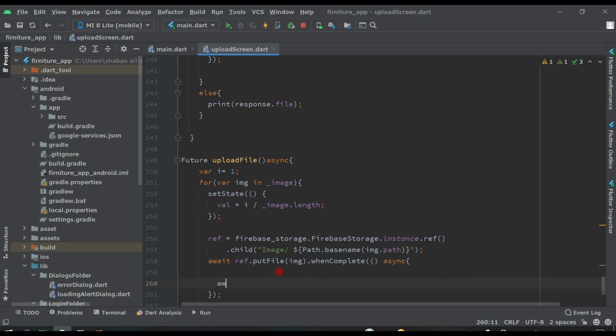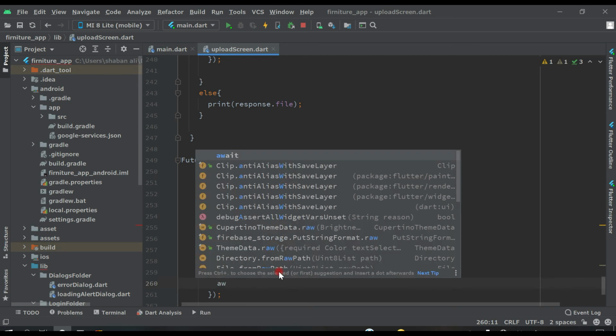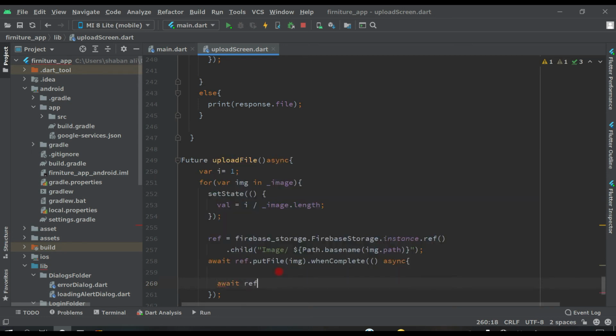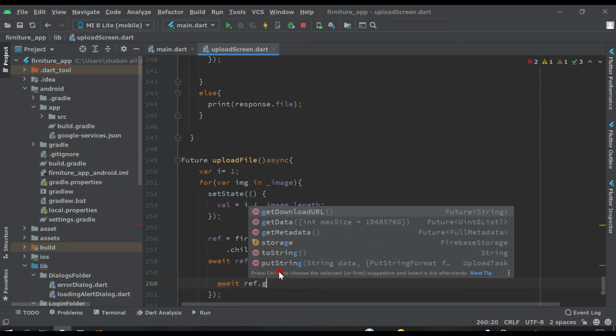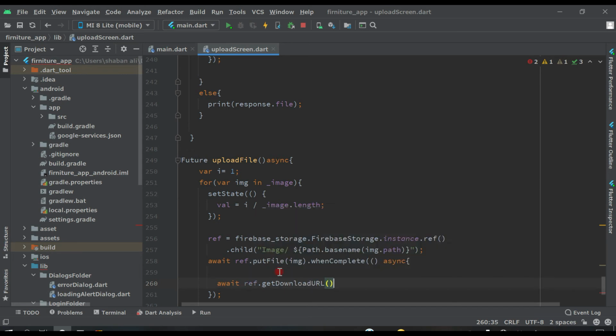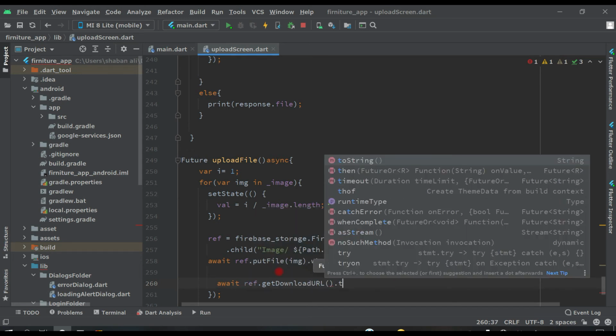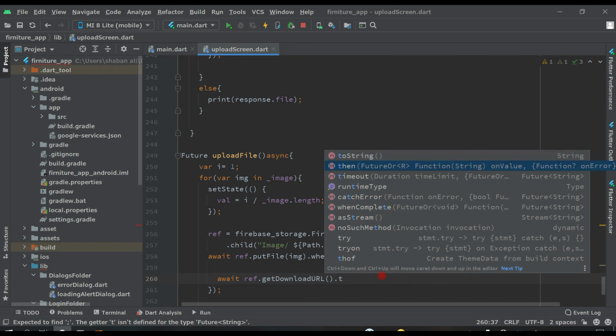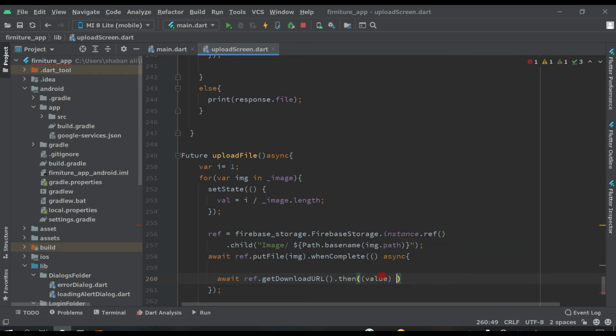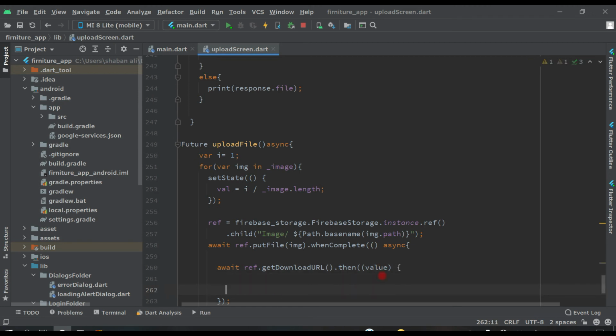Inside this, await ref dot getDownloadURL dot then, remove this, put two curly brackets, add a semicolon, and here urlList,